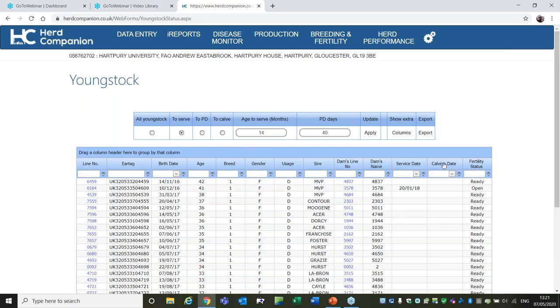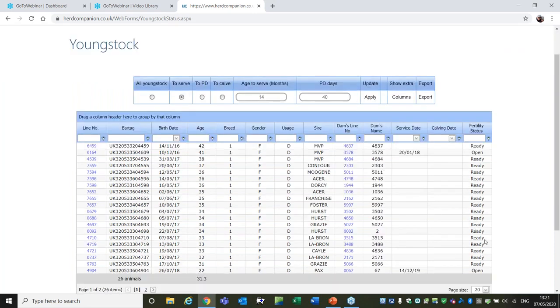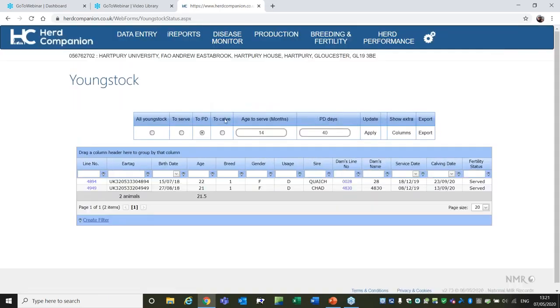Or equally, so you'll see then the status here, it shows you these are ready, as in ready to serve, they've hit that criteria, or open if they've had a service followed by a PD negative. The PD ones then, fairly straightforward, they've been served. So you can also group animals together, I'll show you that in a second, and then we've got heifers due